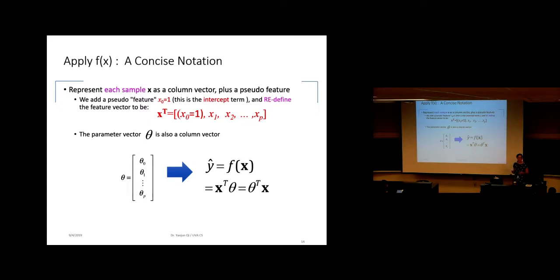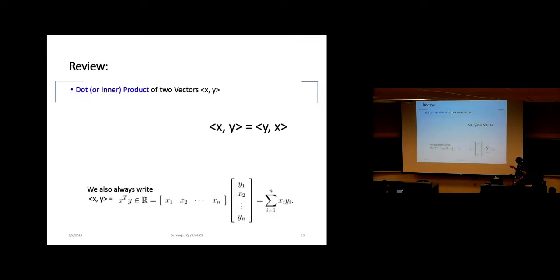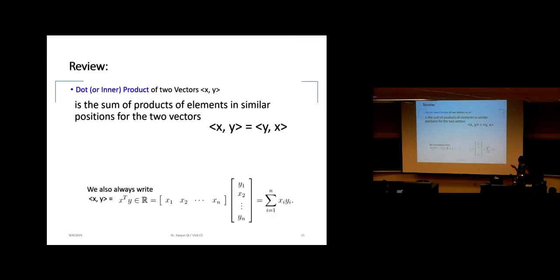So it's really just an inner product operation. I hope you still remember what an inner product operation is. I think I have a review slide. It's just the sum of products of elements in the same positions of two vectors. You can write it with these angle brackets, or in a form with the x vector transposed times y, or the y vector transposed times x. They are equal to each other. The reason is,